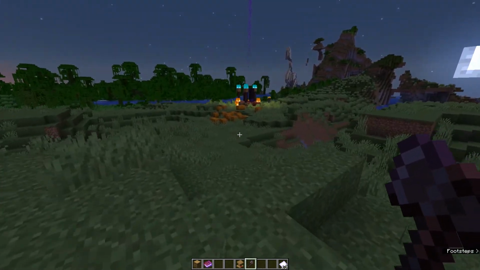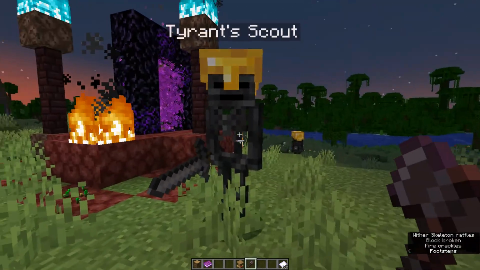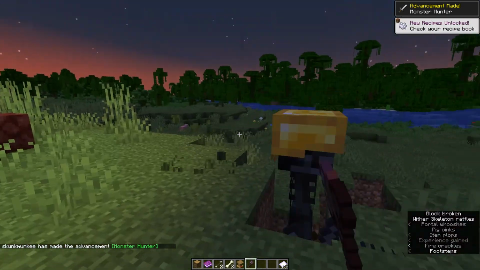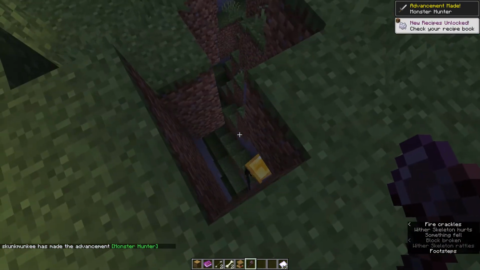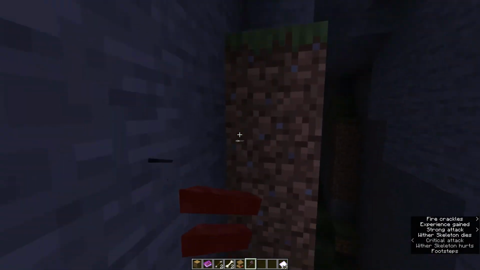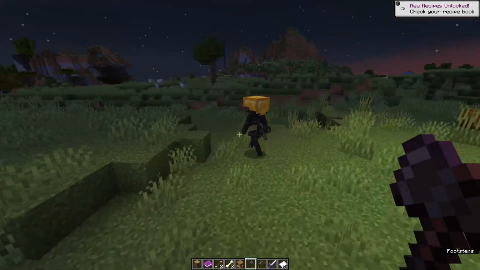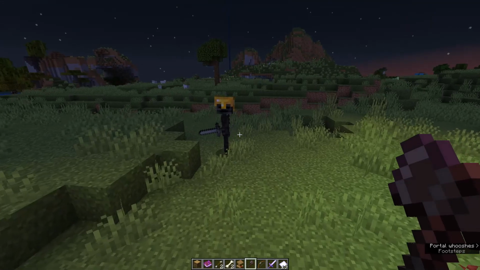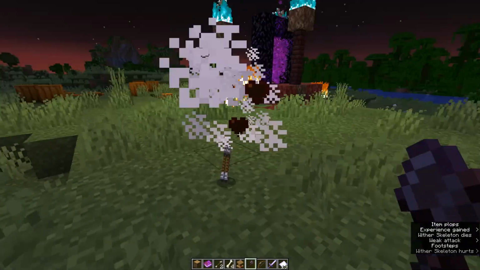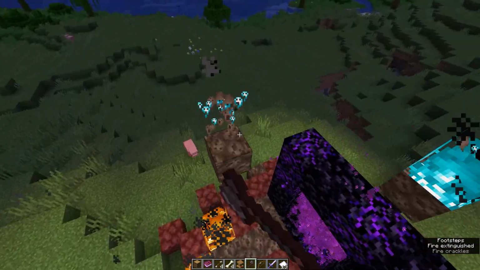And I'm in creative because I don't want to deal with these guys. But here we go. We got our little Tyrant scouts we can kill. And hello there. Oh, okay. Well, goodbye then. Not sure why you're going down there, buddy. I'm just going to... Okay, you hear that? They are spawning more. Ooh, we got a cool little iron sword from that. Nice. So yeah, they're just going to keep spawning new things until you take out the soul flames. And then...